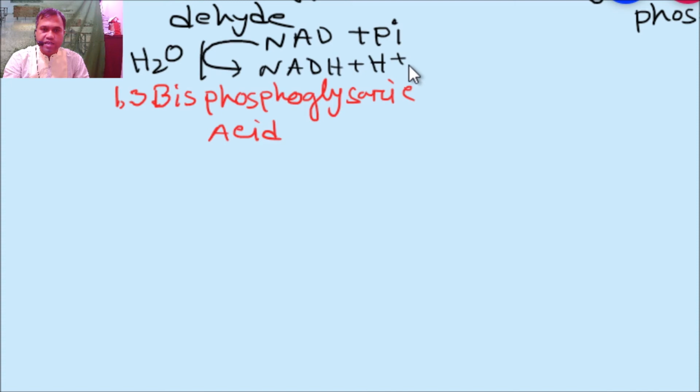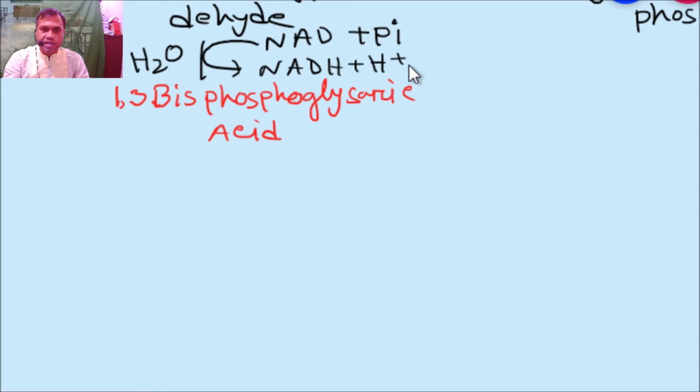So the basic enzyme name is kinase, and the full name is phosphoglyceric acid kinase. This is also a reversible reaction. Next, 3-phosphoglyceric acid then turns into